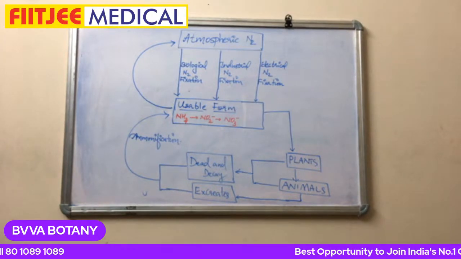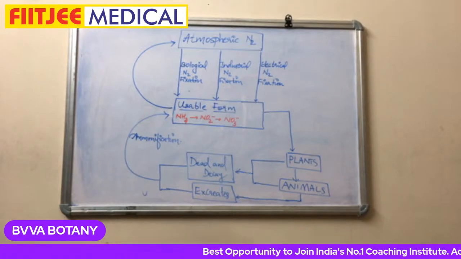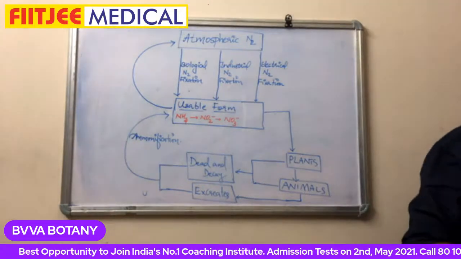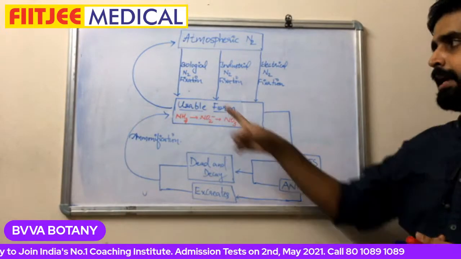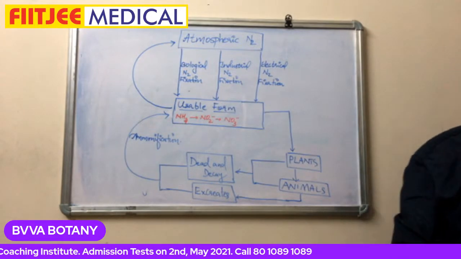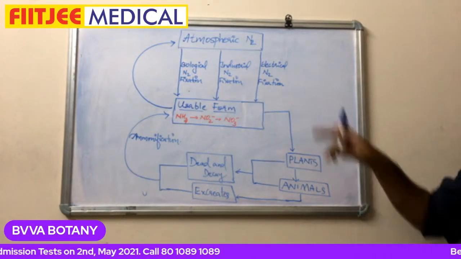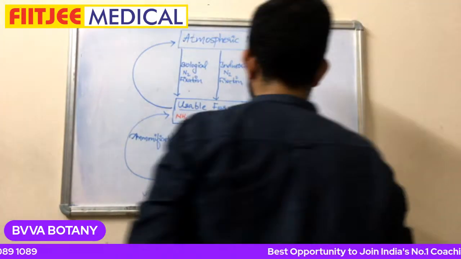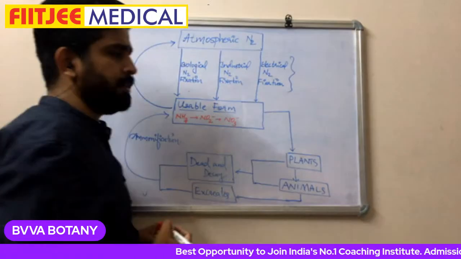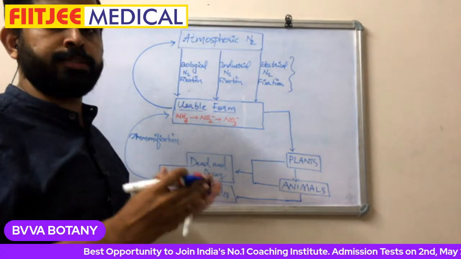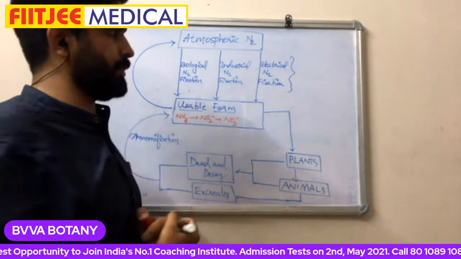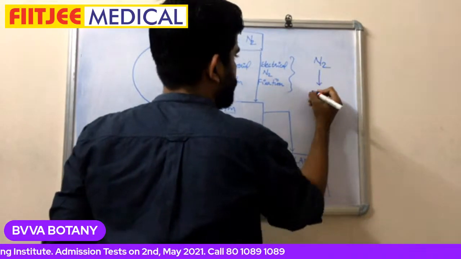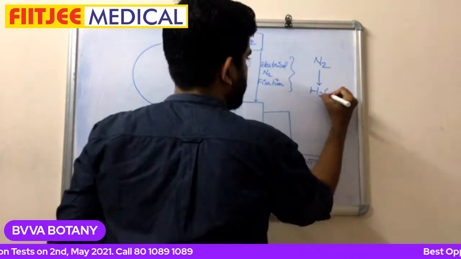So this is how the nitrogen cycle takes place. In this chapter, in nitrogen metabolism, we'll be detailing biological nitrogen fixation. But before that, I'll just say something about electric nitrogen fixation, or physical nitrogen fixation. Here, the nitrogen molecules can get split by lightning or any other physical forces, and the nitrogen which is split,